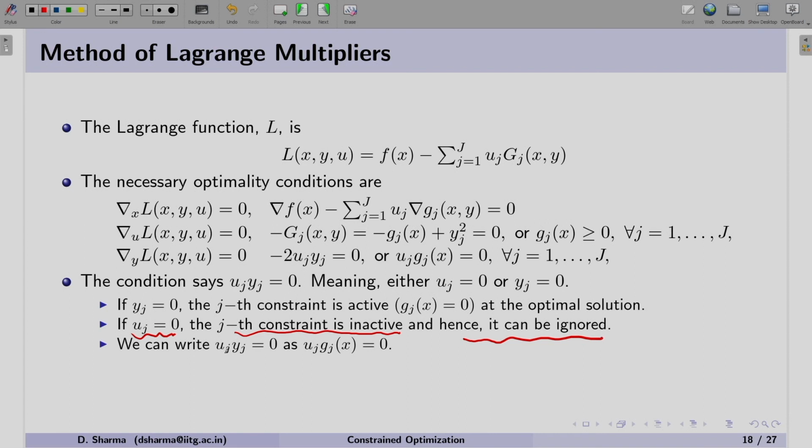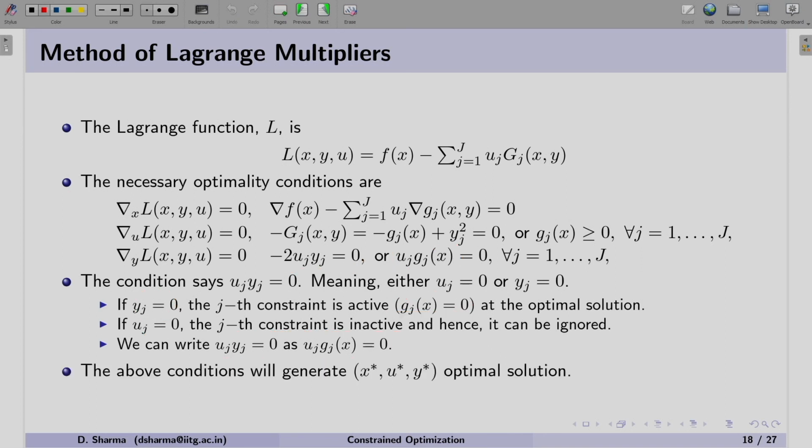So, the overall condition uj equals 0 can be written as gj of x equals 0. As you can see, yj equals 0 means gj of x equals 0. So, that is why we are rewriting the equation in terms of gj